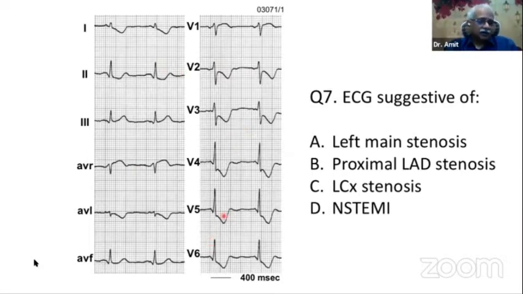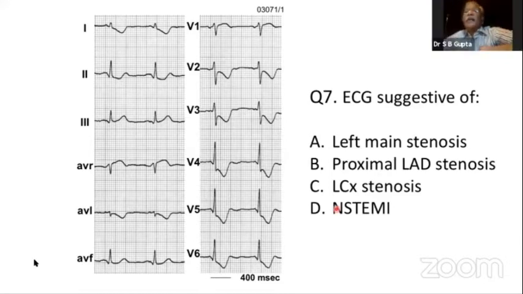And it's remarkable. So the question to you is, on this ECG, what do you think is happening? Is the ECG suggestive of a left main stenosis, a proximal LAD stenosis, a circumflex stenosis, or is this something of a non-ST elevation myocardial infarction kind of picture? Use your voting meters. We'll see at the back end if it's functioning or not. In the meantime, I'll ask Dr. Gupta to throw some light on this ECG.